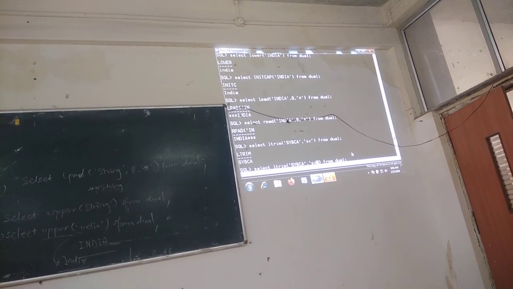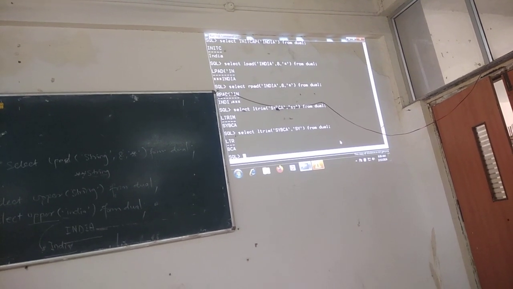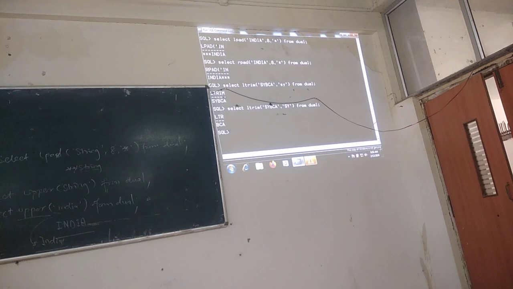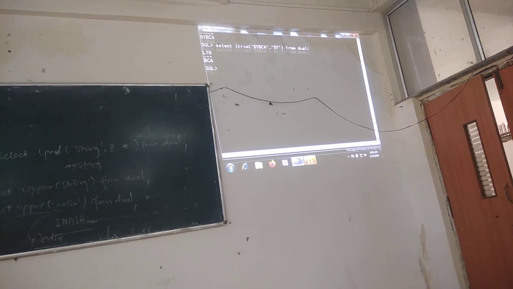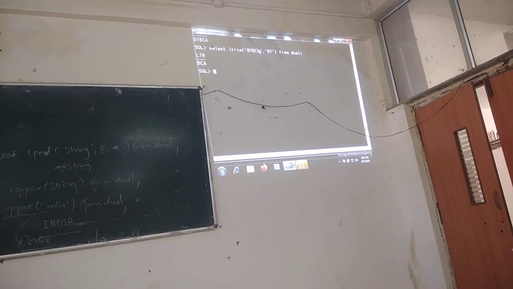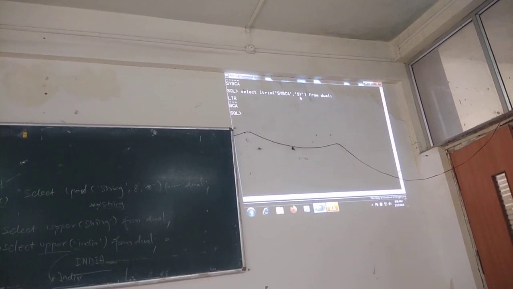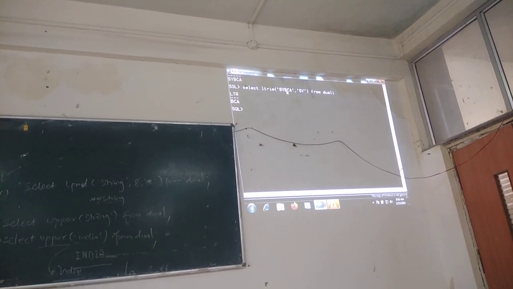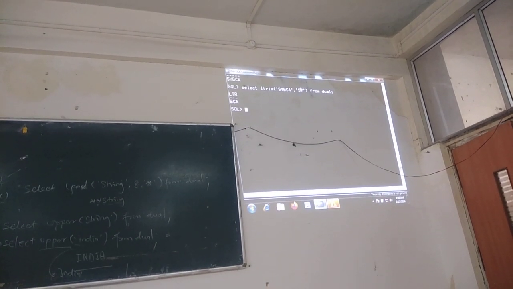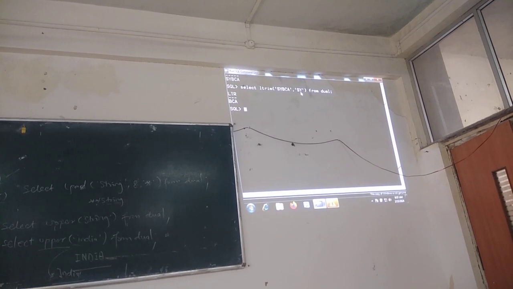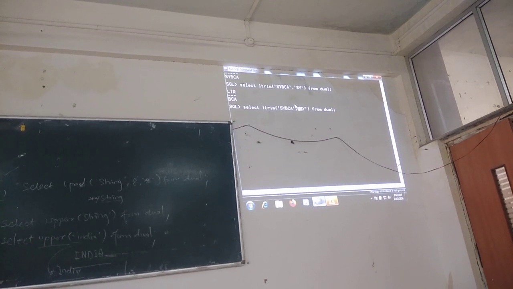You have to give it in capital. So when you are using ltrim, this function is used to remove the characters from that string. Now this is the string. The characters on the left side of this string that you want to remove, you have to specify as it is. If you are using small letters, it will not remove them. If you are using capital, you have to specify as capital. The same, right?